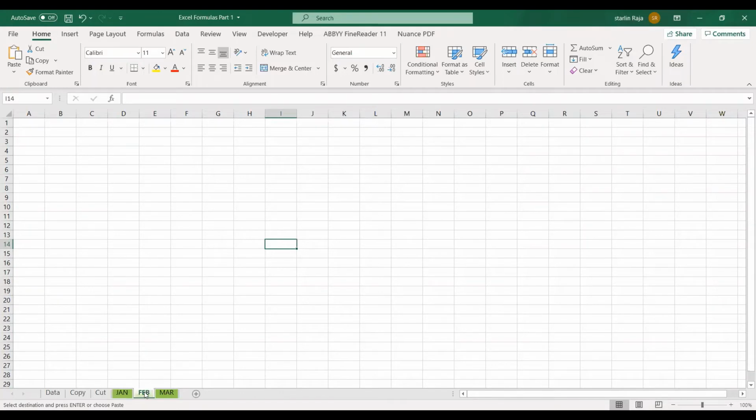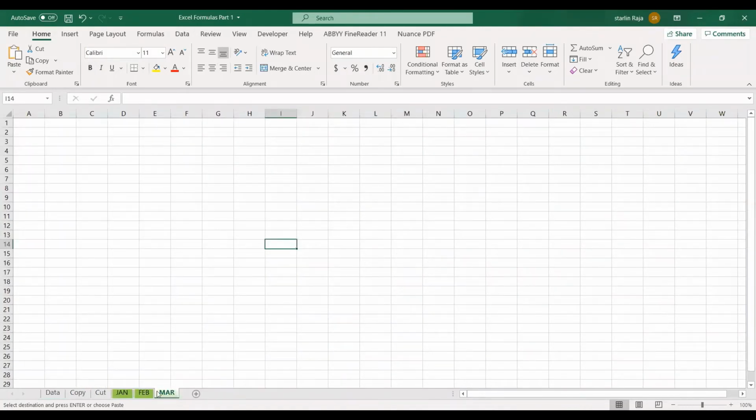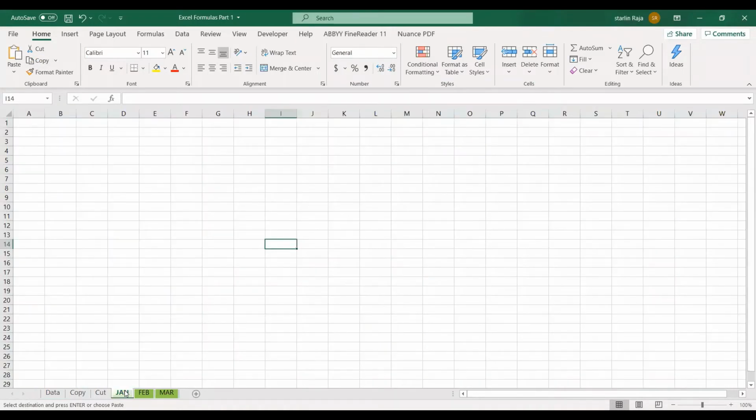So now let's see one more feature of copy. You can see I have created 3 tabs, Jan, Feb and March. I want to copy data from here to all these 3 tabs. So let's see how to do it in one go instead of doing it individually. For that, I have just highlighted this whole one. I am copying it. And now I'm clicking on the Jan tab first and then pressing the control key, I select the other tabs as well. So now I have selected all the 3 tabs. You can remove your finger from the control key. You can see here it's called group.